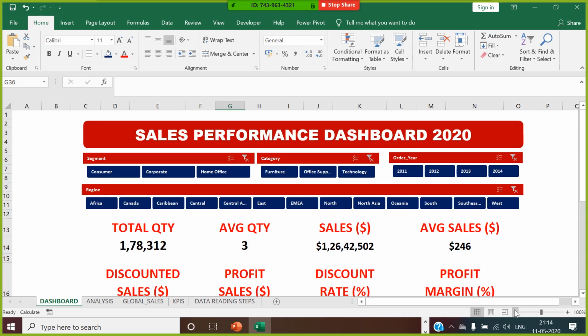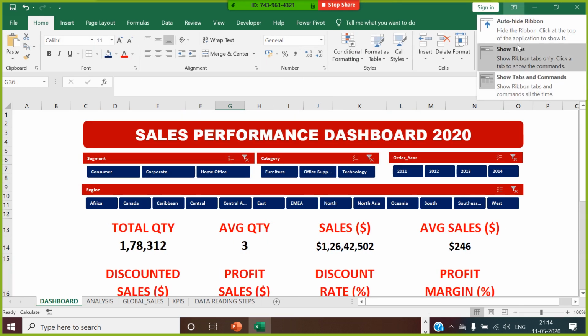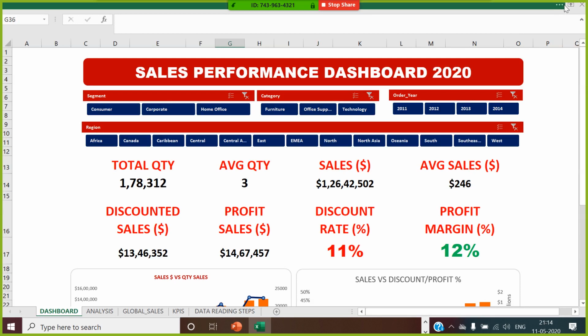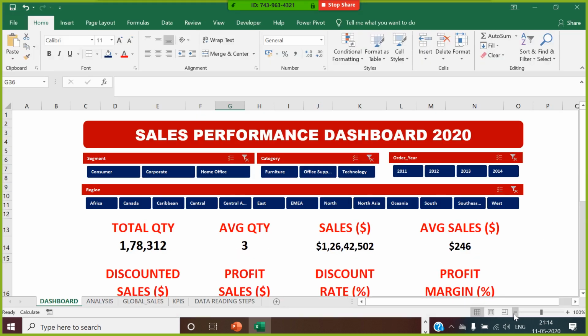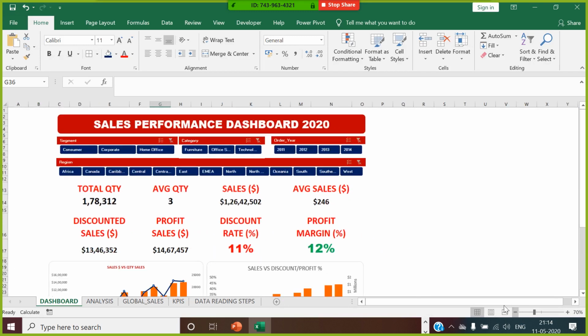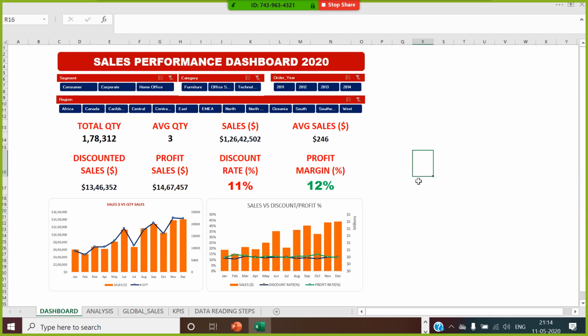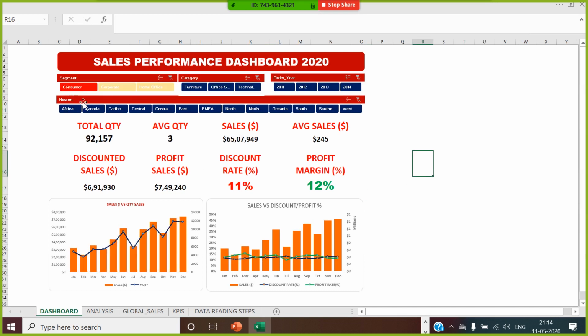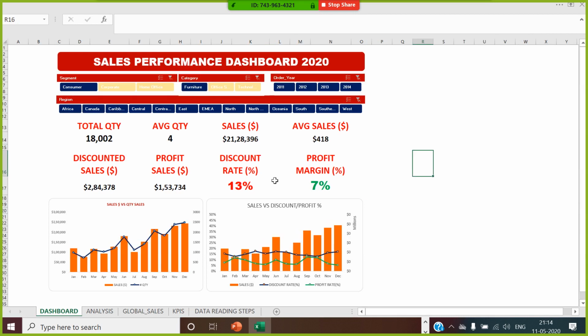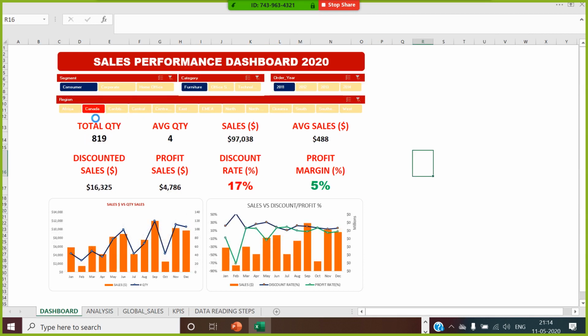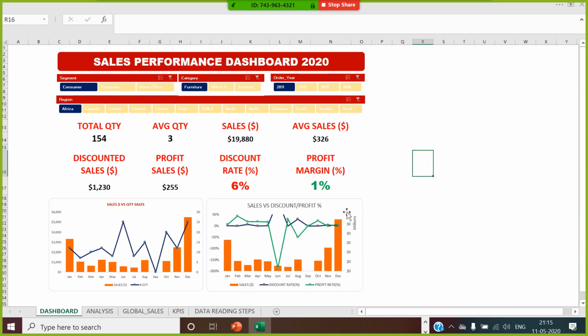So this is how you design your dashboard. Once you design the dashboard, just go to auto hide tab, or better if you could adjust the view a little smaller as compared to the normal size, could be 100%, could be 75%. Now hide the ribbon here. This is the dashboard which you have designed. If you see the performance for consumer, for furniture product, you can see in 2011, for central Asia or whichever you want to select here, you can select and see how they're doing.